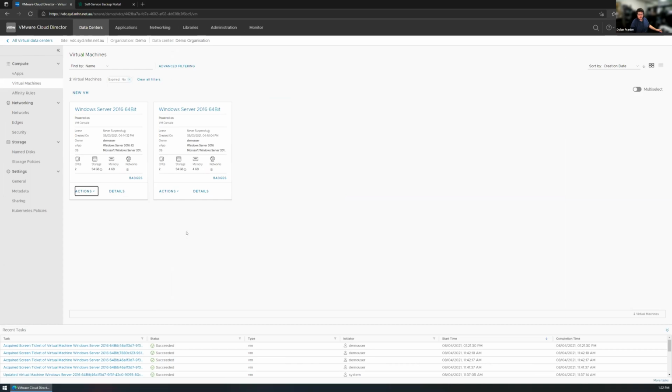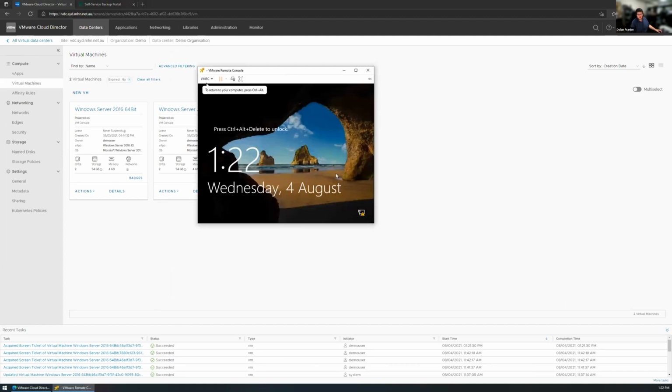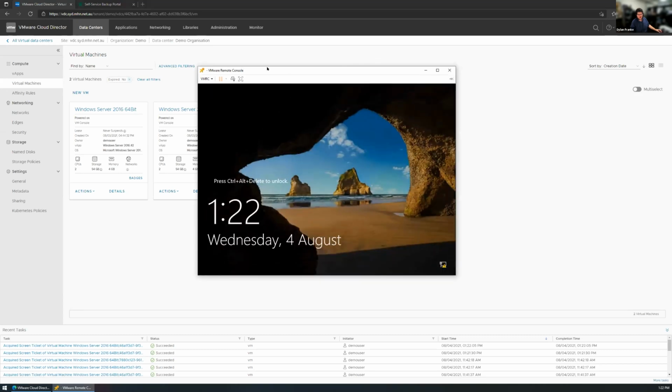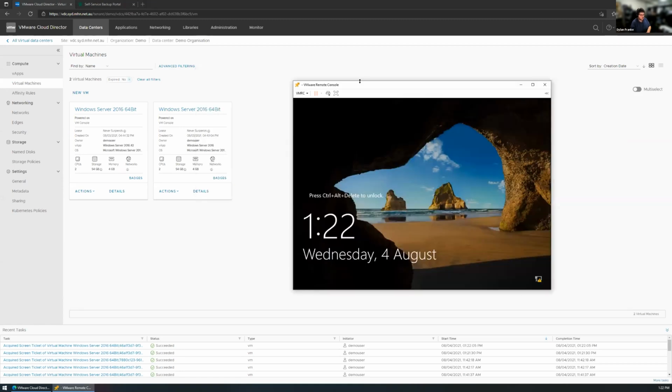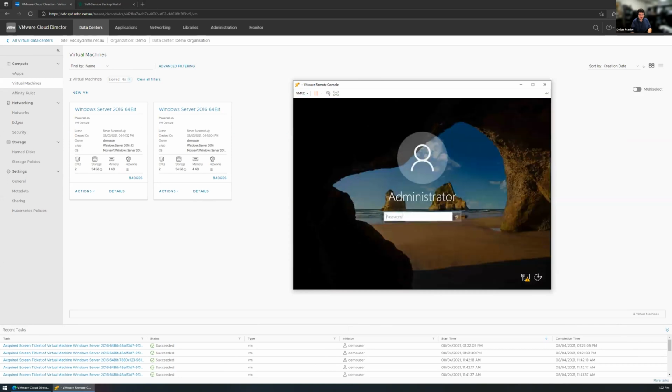Okay. The web console essentially opens it up in another window, and you've got the remote console, which is another application from VMware. This allows you to have it open in a different application because, as you know, browsers time out. Think of that as more of a traditional, if you're used to the old ESX vSphere client, it's a bit like that. Through here, you can do the same things. You can manage the VM, you can control the power state and things like that, as well as just access it the way you normally would.